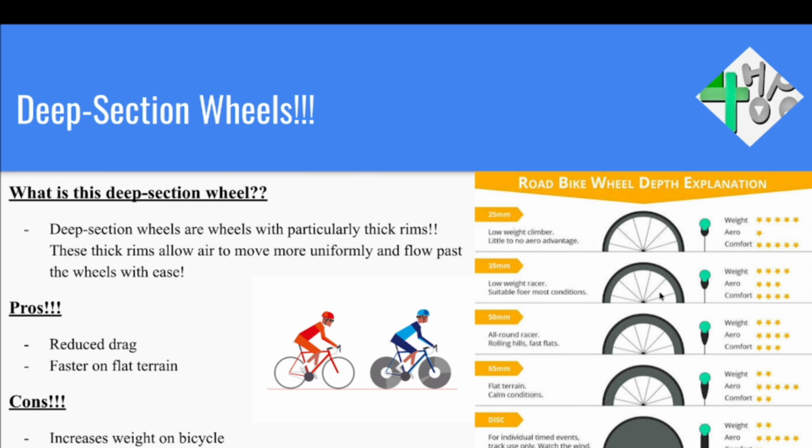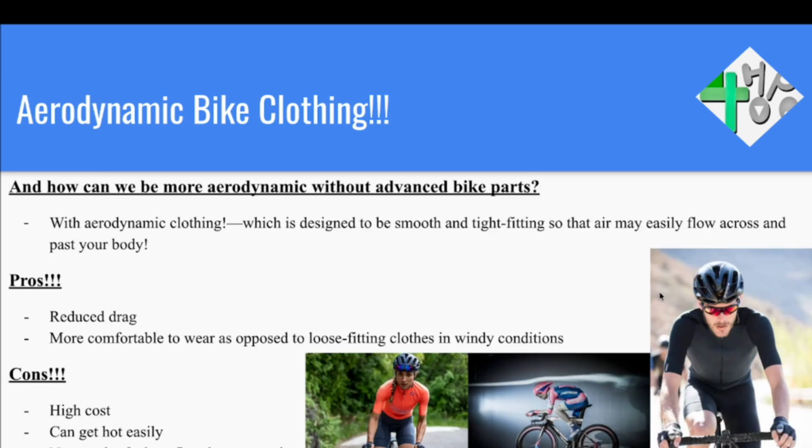The next thing that we'll talk about now is aerodynamic bike clothing. This is another way to make your biking journey very aerodynamic. So to make it very aerodynamic, we can see here how can we be more